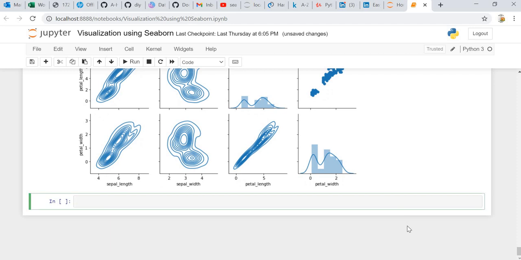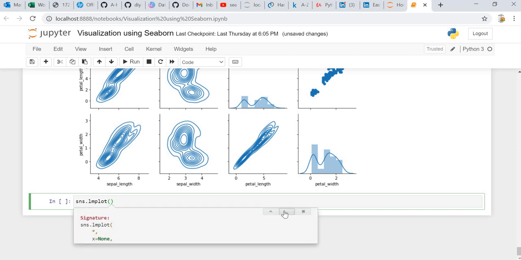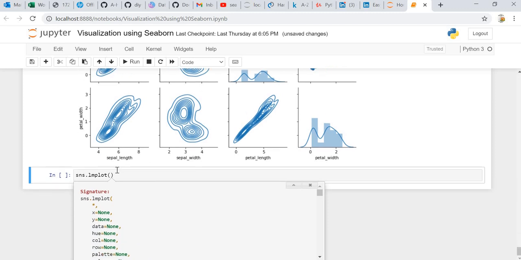All right, now let's discuss the lmplot. In lmplot, we will mostly be using it in our machine learning linear models. But now we will check it out based on our data for plotting. So sns.lmplot, and what arguments is it taking? x, y, and data.